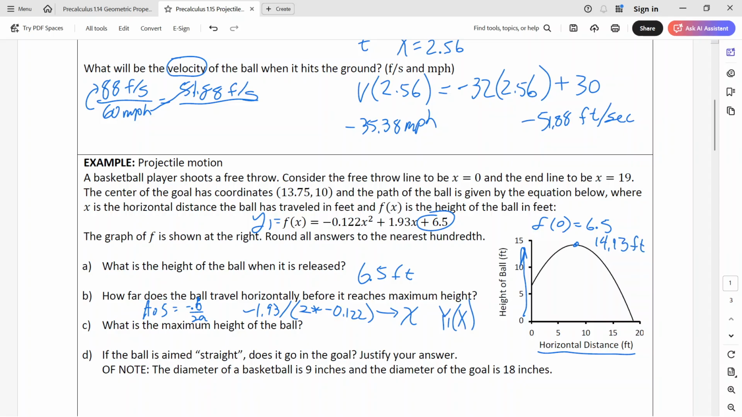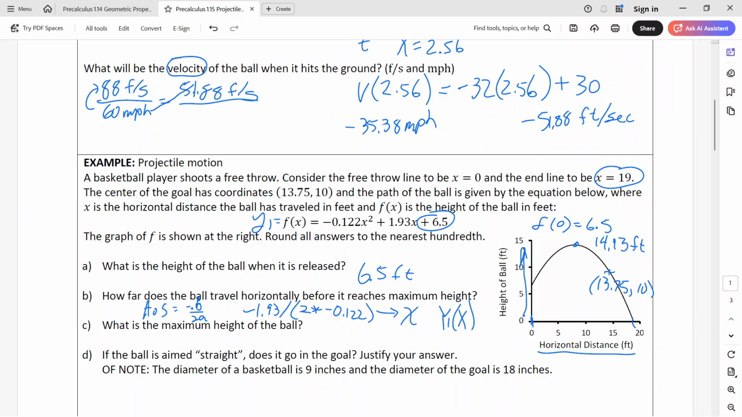So what's the maximum height of the ball? 14.13 feet. If the ball's aimed straight, does it go in the goal? Justify your answer. All right, so you need to see that the out of bounds line here is 19 feet from the free throw line. But where is the goal? The goal is at x value 13.75 is the center of the goal, and its height is 10 feet above